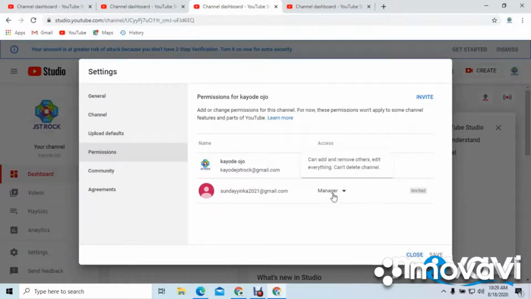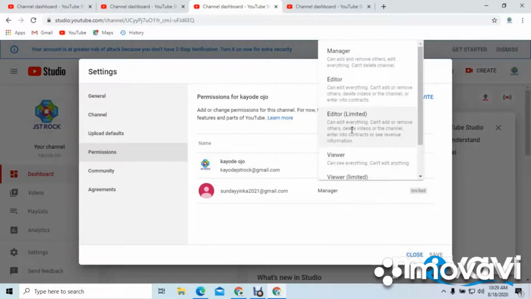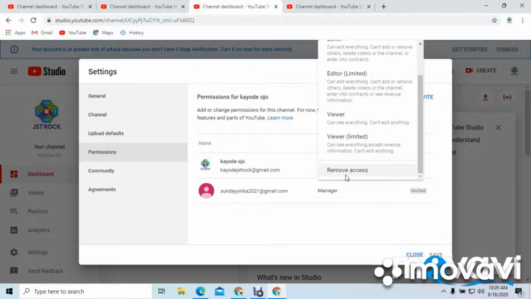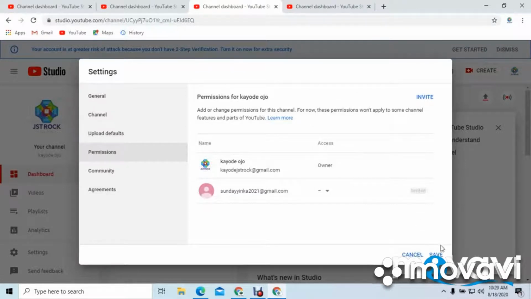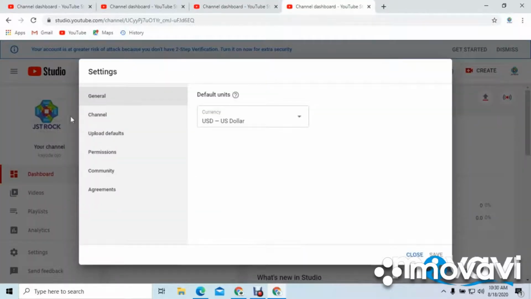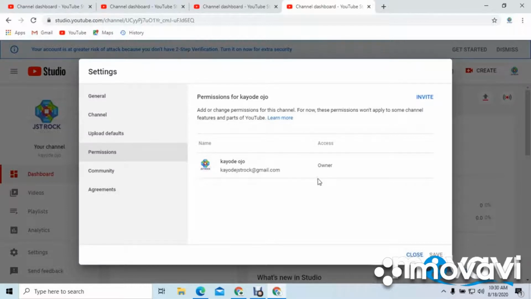You see here on this manager, you click it and come to remove access. And you click remove access and you save. And the settings have been saved. Let's go back and check if the email has been removed. This is the permission. You click on that and you can see the person has been completely removed on your